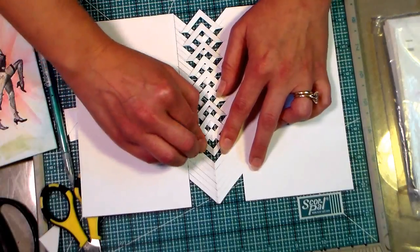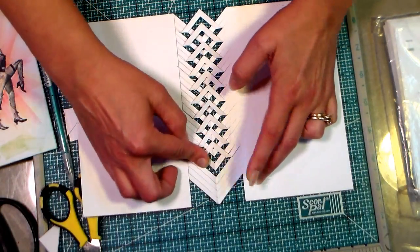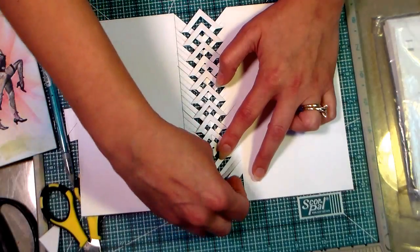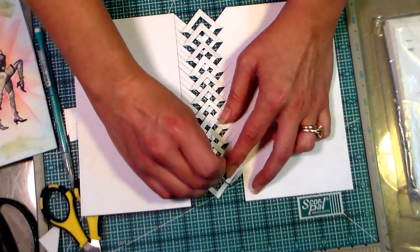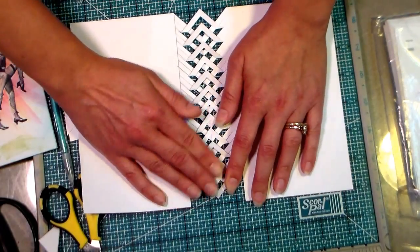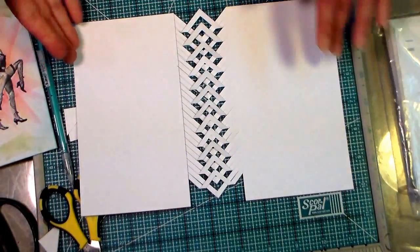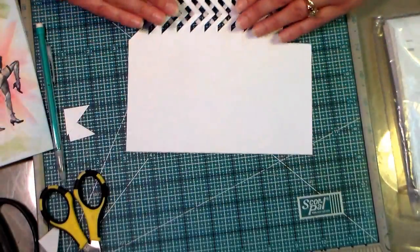So you just keep folding every other strip back, basically. And I bet, since we have a wider gap here and extra room, we could probably even fold them down more, and on the edge of the card you'd probably get a double lattice look, but let's just stick with the basics for now, shall we? All right, so now we have this, which is very pretty, and this would be a pretty border on a scrapbook page even. Then you want to fold your card back up again,